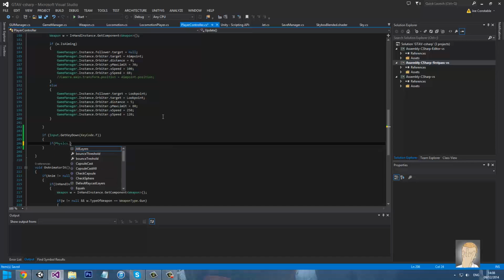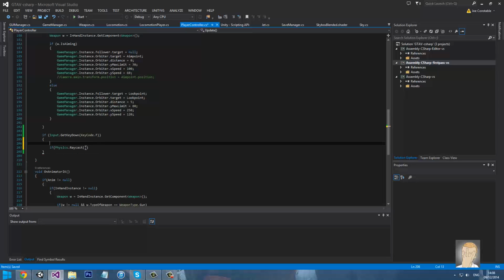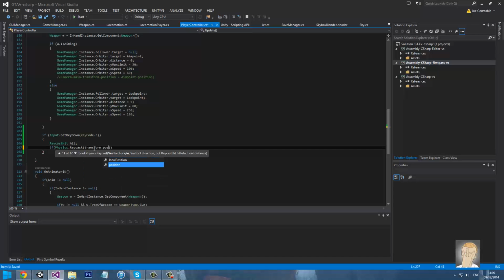Right, so what we're going to do is go if Physics.Raycast. So this will cast a ray, sort of in the name. But above that, we need to go RaycastHit, just that, and that's just a local variable called hit for the raycasts. So in the raycast, we need an origin, a direction, a distance, and the RaycastHit. So the origin will be transform.position. The direction will be transform.forward. The hit info will be out